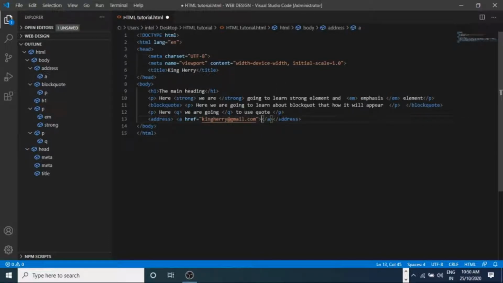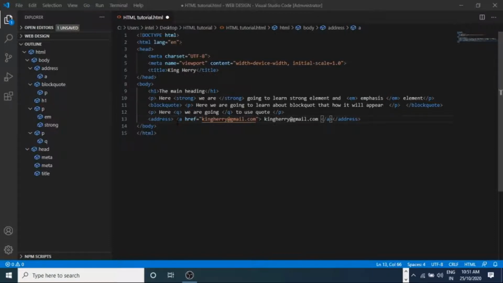Okay, let's see. This is my screen and I am typing my email address here. Here I am using the address element. Simply concentrate. I am typing the path, address. I type here my email address, kingharry at gmail.com. This address is not the correct address. I'm just simply typing.